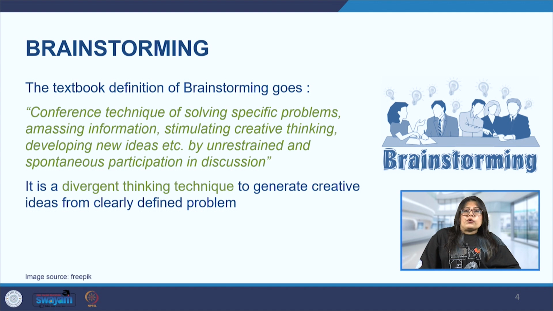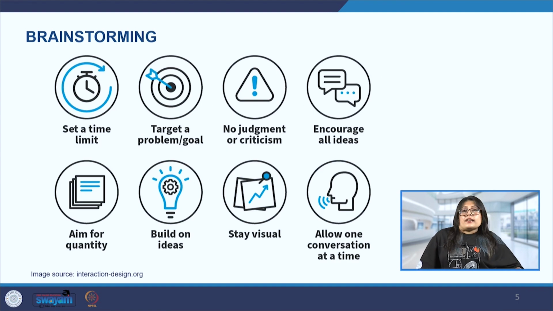And of course, we know that it is a divergent thinking technique. Now, this slide has an interesting visual representation of the different steps that are involved in the brainstorming process. So, we can see here that first we have an enforcer who sets the rules of the whole process, or we can call that person the facilitator or team leader in this case. And then time is set.